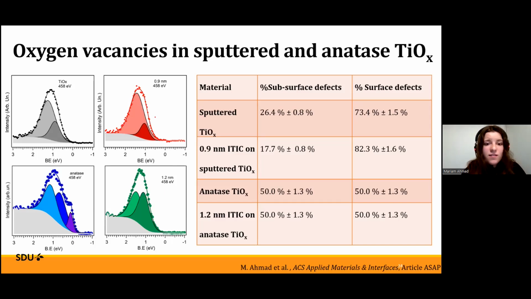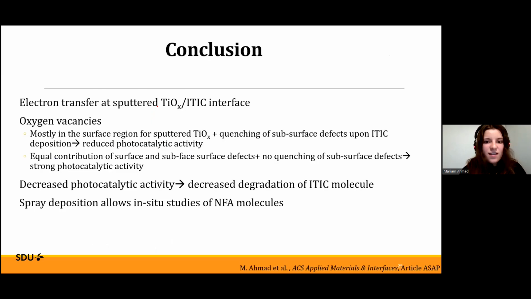But in the case of the sputtered titanium oxide, where the surface vacancies are dominating, most of your oxygen vacancies are on the surface, so they can be quenched by a surface adsorbate, and therefore they cannot be part of the photocatalysis process. And this explains why our sputtered titanium oxide has a reduced photocatalytic activity, and therefore does not result in a strong photocatalytic degradation of